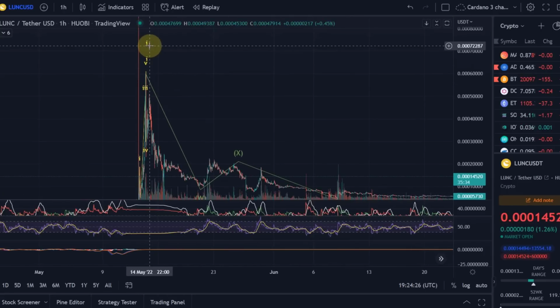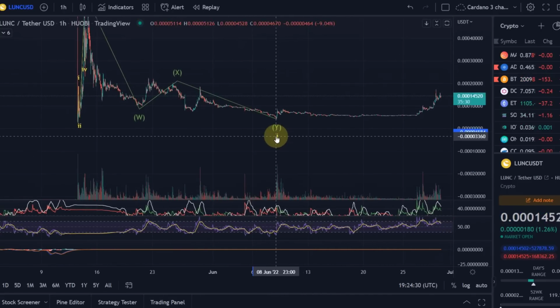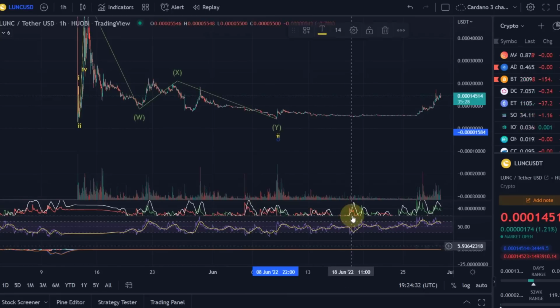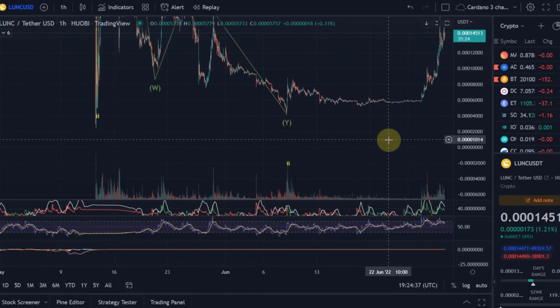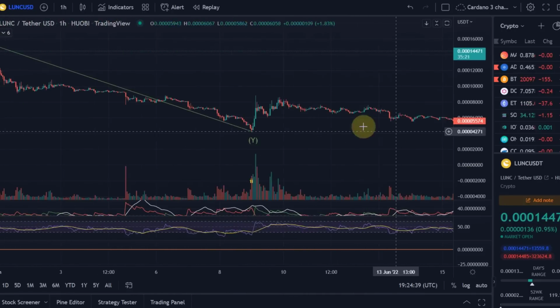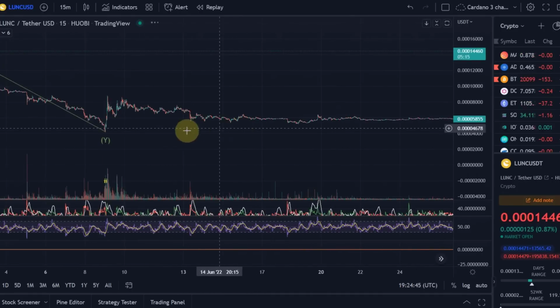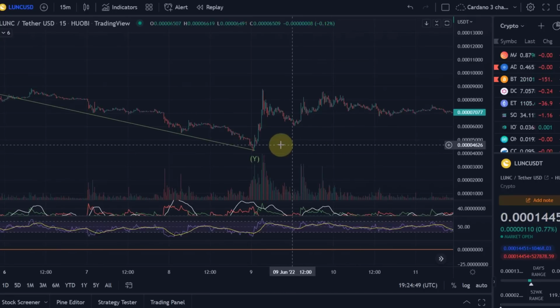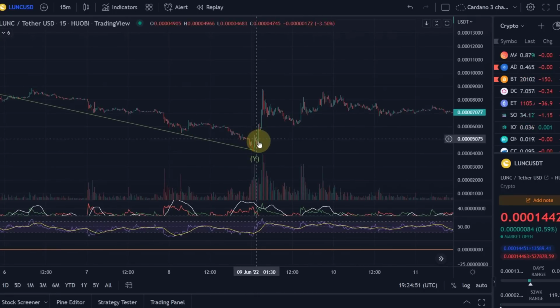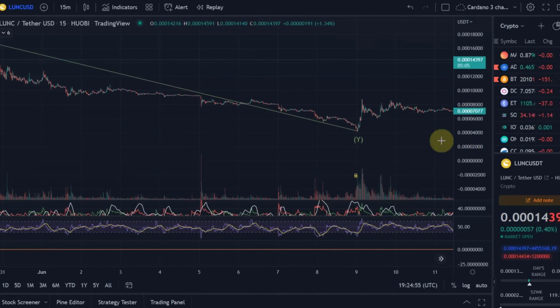And this down here was a wave 2. So what happened afterwards? Afterwards, let me just see. Probably, the problem is we have to go to the lower level wave count again, just to see what actually happened here. And this is again an impulse: 1, 2, 3, 4, 5. So again, we can count this as another wave 1 to the upside.